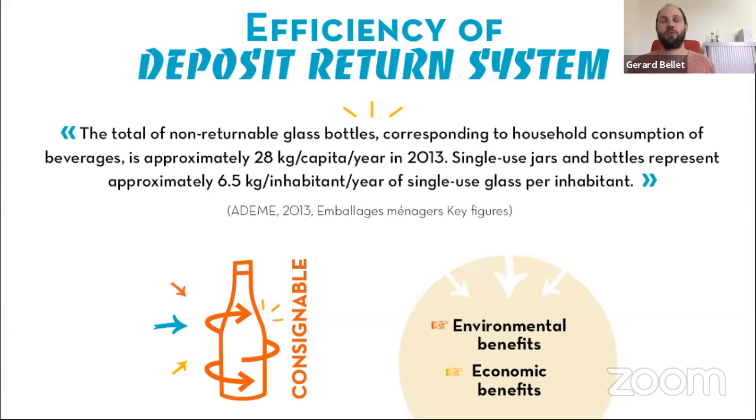This system is pretty efficient because we succeed to offer price advantages very easily. We succeed to restrain the main problem of the deposit system. It's the logistics. You need a huge amount of bottles to make it efficient. You need to have a full truck of dirty bottles to send to a big bottle washing plant, to make it cost effective, because the cost of washing the bottle should cost only